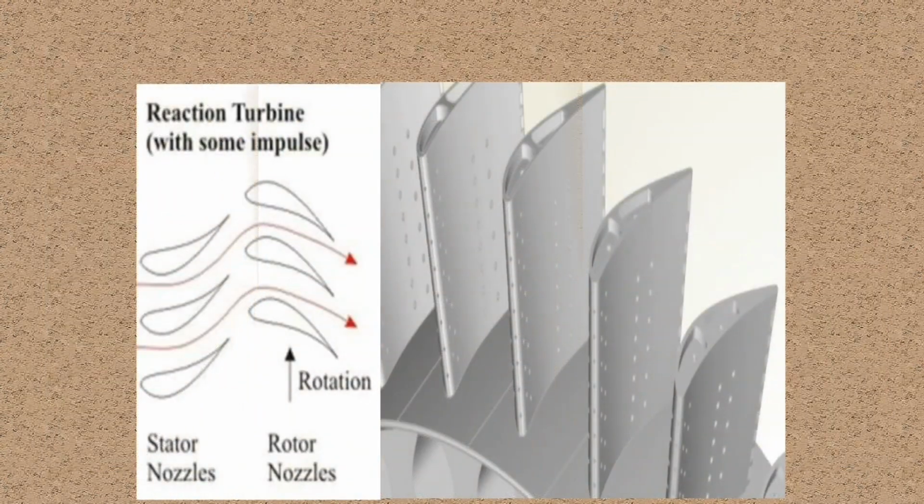The reaction turbine has pressure drops across the moving as well as across the stationary blades. A disc rotor would create a large axial thrust across each disc. Hence, disc rotors are not used in the reaction turbine. For this application, a drum rotor is used to eliminate the axial thrust caused by the disc, but not the axial thrust caused by the differential pressure across the moving blades. Due to this, the configuration of a reaction turbine is more complicated. Also, the blades in a reaction turbine are not symmetrical.